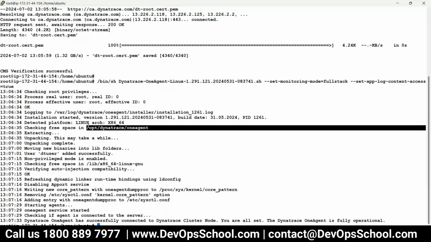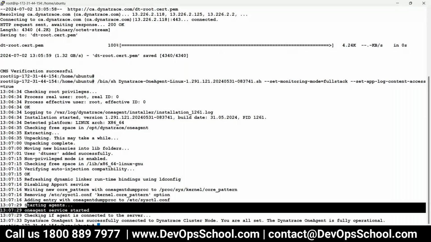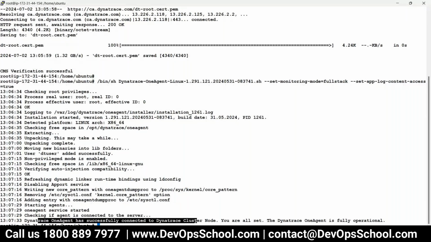Now one more important thing I want you to highlight. Dynatrace is not running as root, though I'm running as root, but Dynatrace is running as one user, which is called DT user. Okay, so please understand that. So DT user is the user which is running Dynatrace. Now also I want you to see that this is a service. So the service is running and you can get done. So now if you see that OneAgent has been successfully connected to the Dynatrace cluster node, you are all set